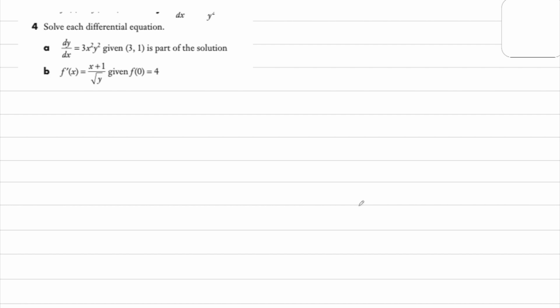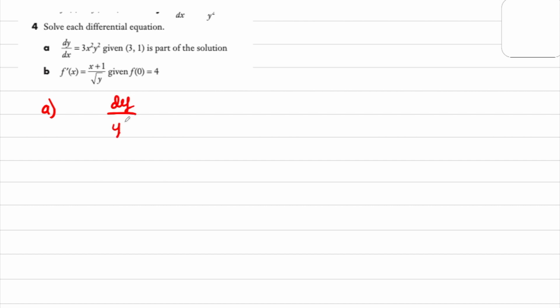Exercise 4. Besides the solving step, you have to figure out the constant number by using more information about x and about y, and after that you can solve for the final answer, the value of c. Example question A: you have dy over dx like here, and then I will rewrite it